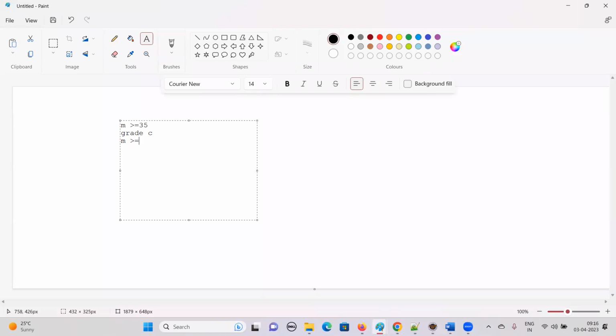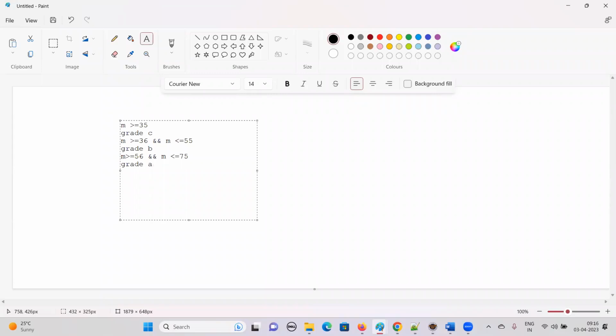Greater than or equal to 36 and marks less than or equal to 55, what grade am I going to give? Grade B. Now marks greater than or equal to 56 and marks less than or equal to 75, I'm going to give